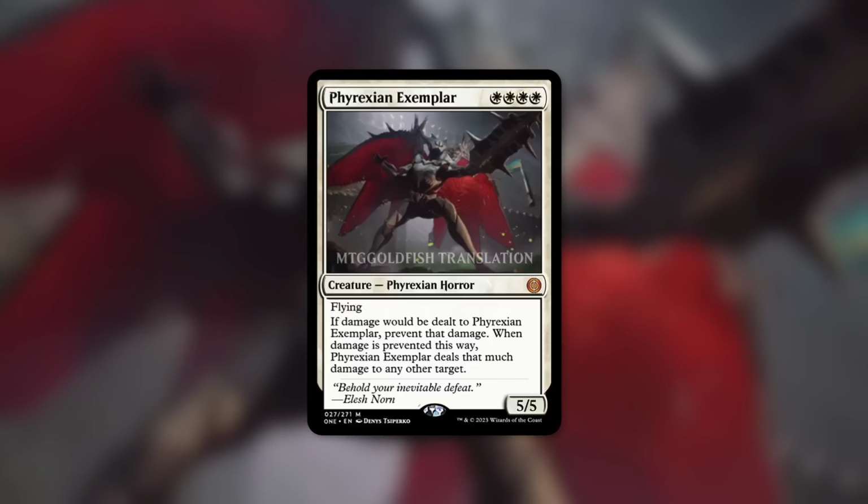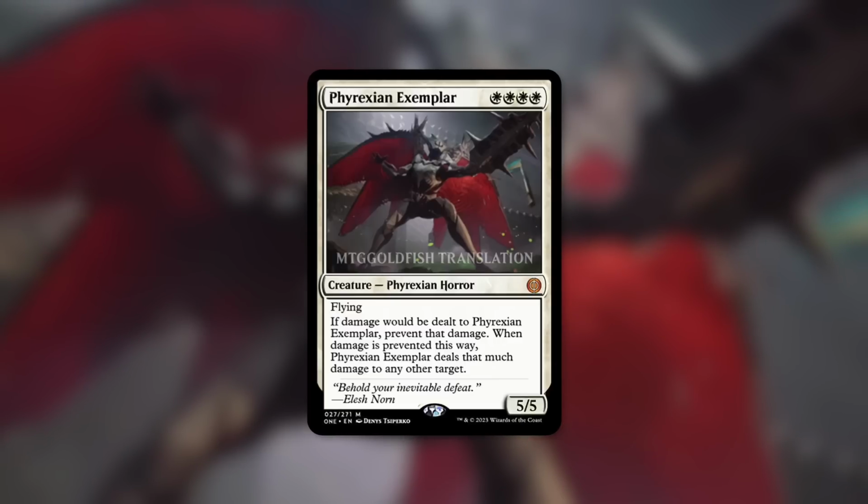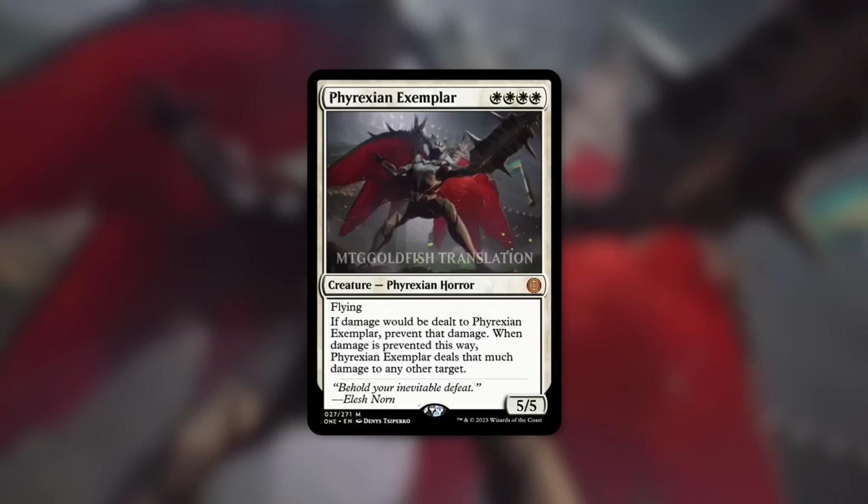And of course, on top of that, this is going to be really hard to take out. I mean, sure, any kind of a destroy effect, sure. Any kind of an exile effect, yes. Any kind of a bounce effect, sure. Okay, I guess there's plenty of ways to take care of it. But when it comes to taking care of it in combat or with damage-based removal, this is going to